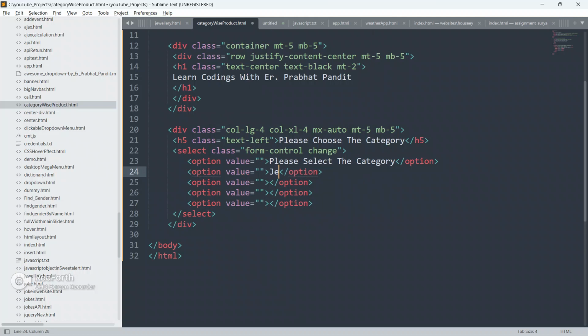So give the text jewelry, and next one is women's clothing, next one is men's clothing, and the last one is electronics.